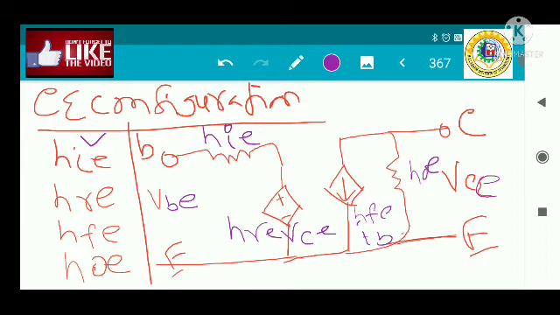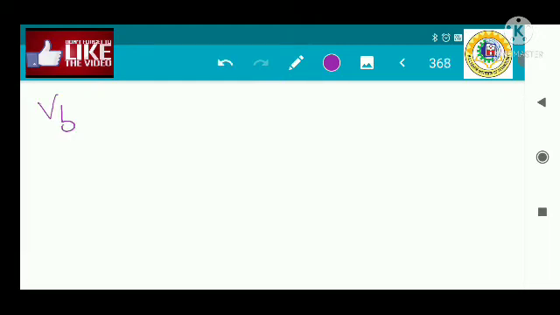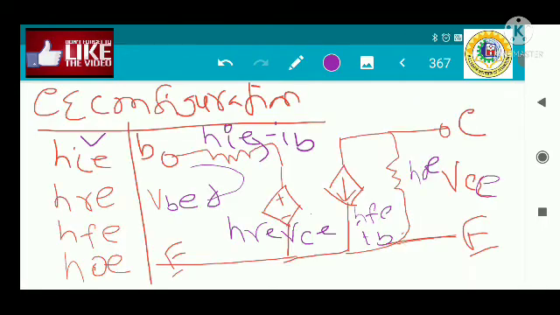Now if I am just writing the input side and the output side equation for the case of this common emitter, then it is the input section. After applying the KVL, VB is nothing but HIE into IB, current flowing through is IB. So HIE into IB, HRE into VC. This is the input section KVL. So VB is nothing but HIE into IB plus HRE into VC, and the output section